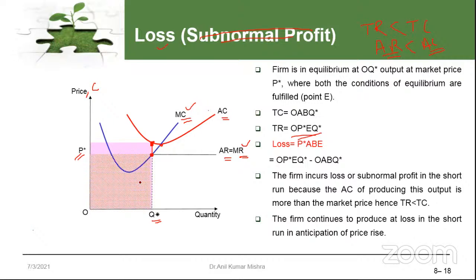OABQ is the total cost. While you take the difference between these two, what do you find? This area, right? Because we know this is the total cost, and this is the total revenue in the figure. When you take the difference between these two, this area is called ABEP. That area is treated as the loss. It's not the supernormal profit, it's called the loss. Why the loss? Because the cost is more than the revenue. Okay, got it? So this is the loss